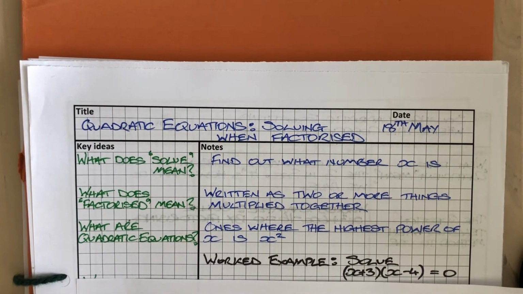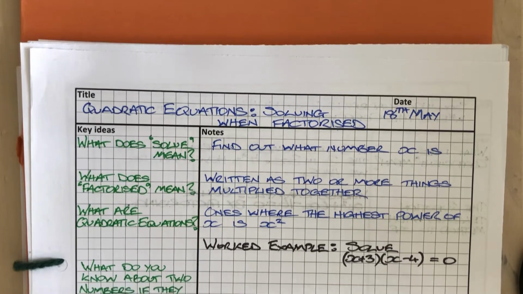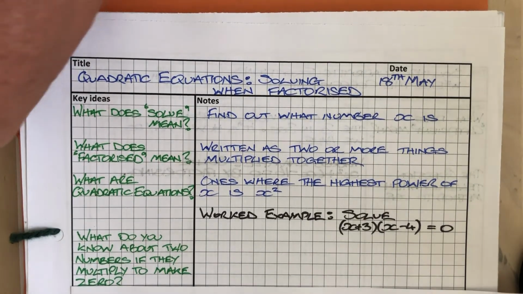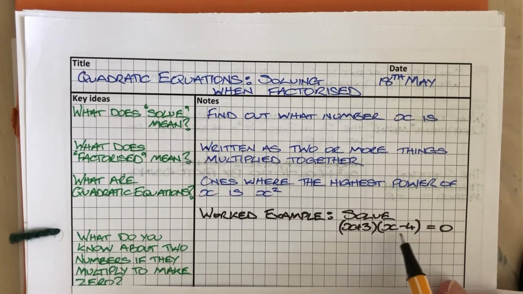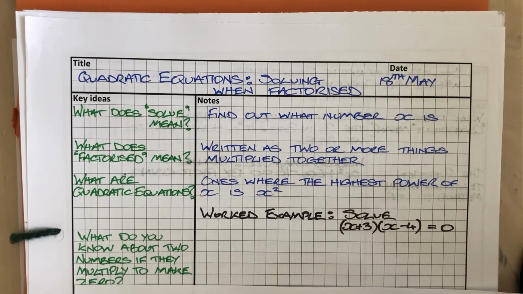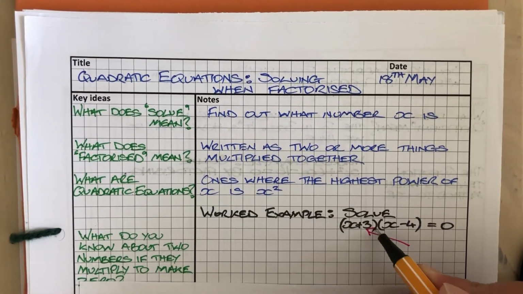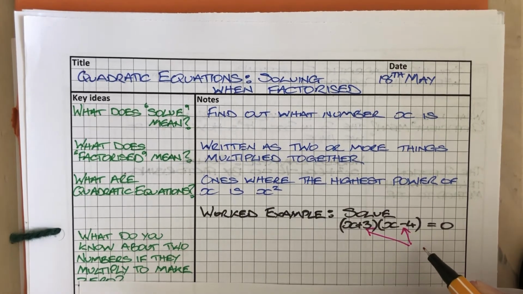Solve x plus 3 times by x minus 4 equals 0. So what do we know about two numbers if they multiply together to make 0? So we've got two numbers here, x add 3 times by x minus 4. If x is a number, then so is x add 3 and so is x minus 4. And they times together to make 0. Well, either this number, x add 3, or this number, x take away 4,